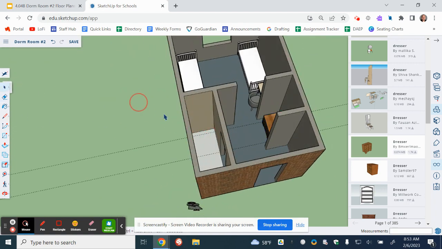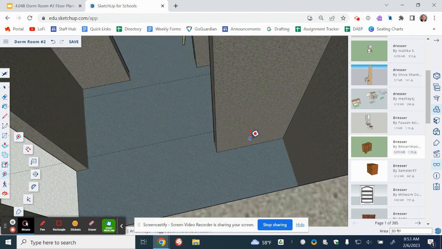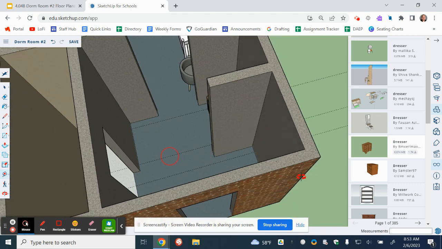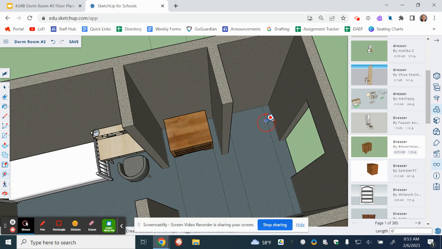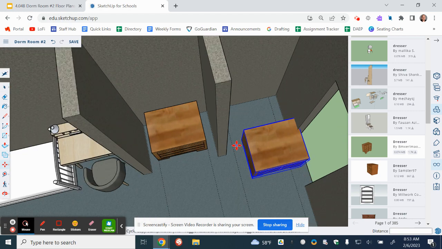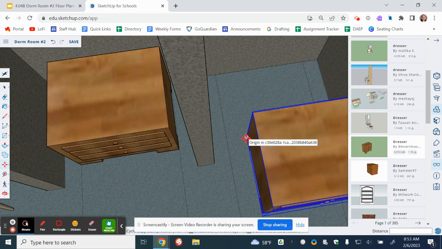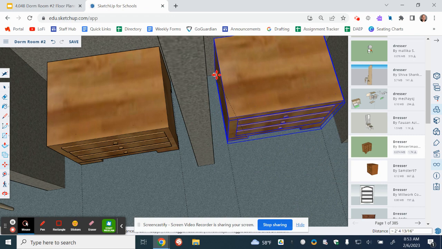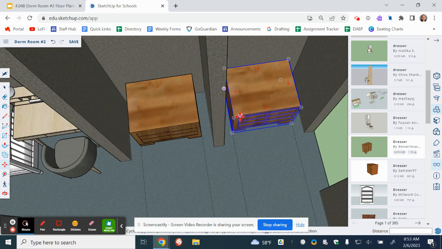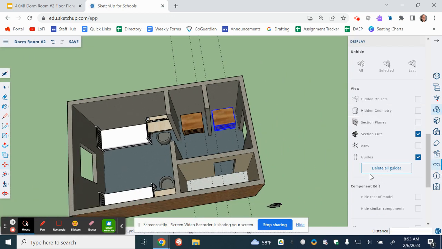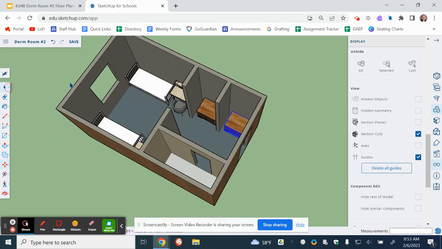And so with this one, I'm going to use my measuring tape again and go down 6 inches, so I can make my second one 6 inches. And I'm going to go over 6 inches. And I can click my select tool, Control C, Control V to move it. And then I'm going to take my intersector, my bottom corner here, and connect it into my intersection. And I can now delete my guides, select off of that,